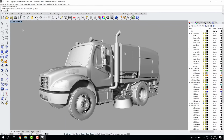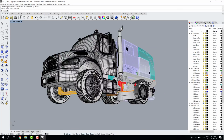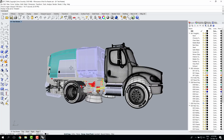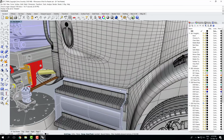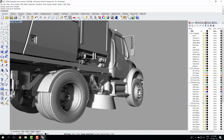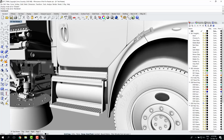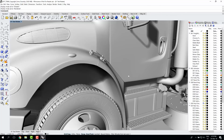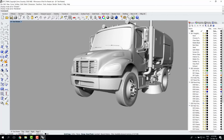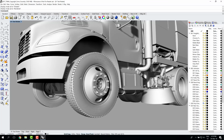So we're now inside Rhino 6 on the Prevail Pro, and as you probably already know from our new features in Rhino v6 videos, Rhino v6 now supports GPU acceleration much more fully compared to version 5. So one of the reasons that a machine like this would be useful for Rhino is of course if you are working with very large models. Here we have the same 1.4 GB test model that I used in the new features video. This has 10 million polygons in the render mesh, and you can see that it's very easy to navigate around